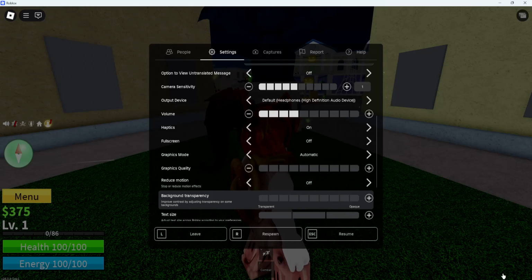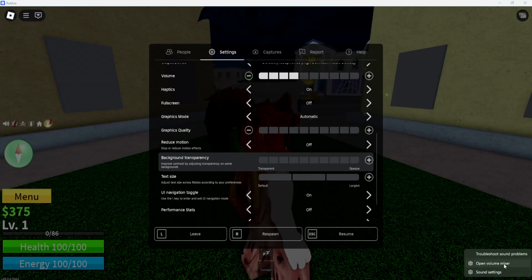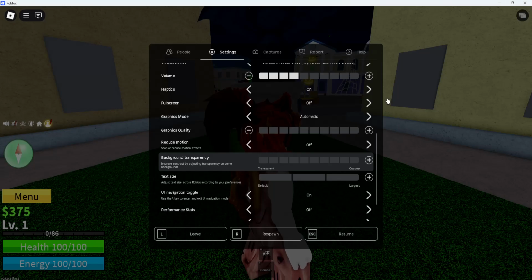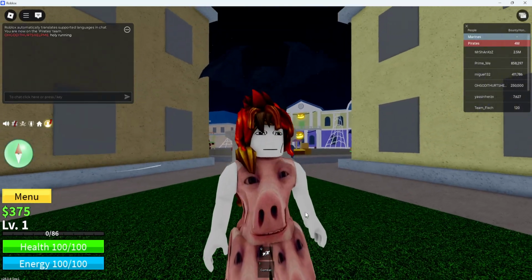Now another thing that you can do here is right click on the volume mixer or the sound settings, open volume mixer, and make sure that Roblox is not set to 0. So right here, make sure this is unmuted and that this is set to a high enough number. Now once you have verified this as well and made sure that it doesn't work, then we can proceed to